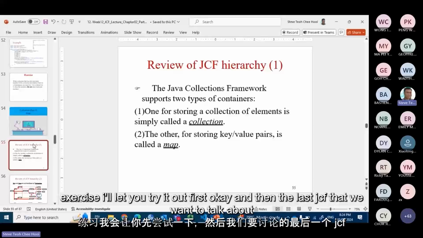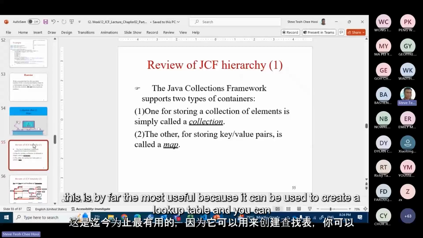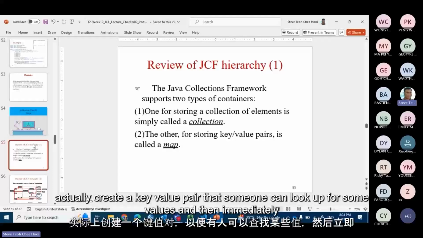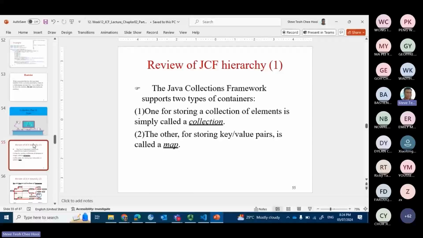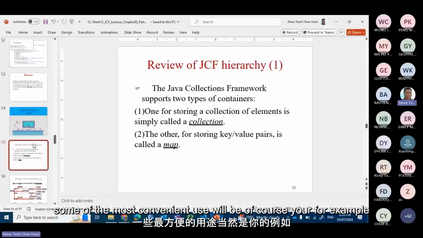Okay. And then the last JCF that we want to talk about, this is by far the most useful because it can be used to create a lookup table. And you can actually create a key value pair that someone can look up for some values and then immediately do something. Like for example, if let's say you're storing values that you can look up, some of the most convenient use will be, of course, your, for example,